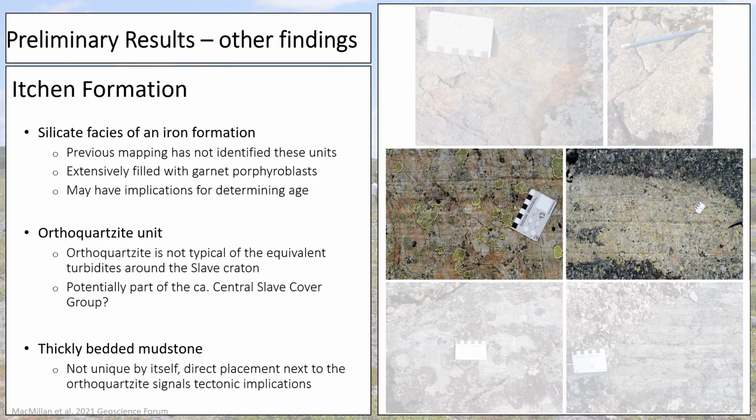Second, a thick orthoquartzite unit with a tan to white mottled appearance is observed towards the northern portion of Shallow Lake, which is uncharacteristic of any turbidite unit in the Slave Craton. Further research, including detrital zircon uranium-lead geochronology and petrography, is required to evaluate this orthoquartzite and understand if the unit is part of the Itchen Formation or if it actually belongs with the Central Slave Cover Group that also